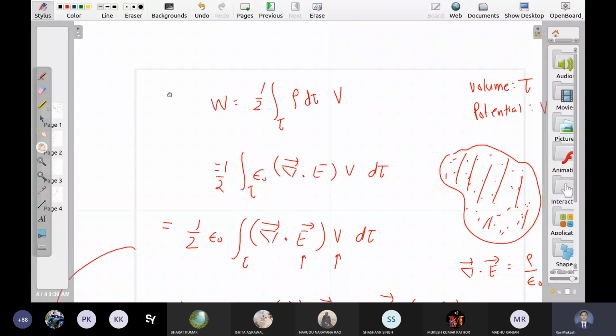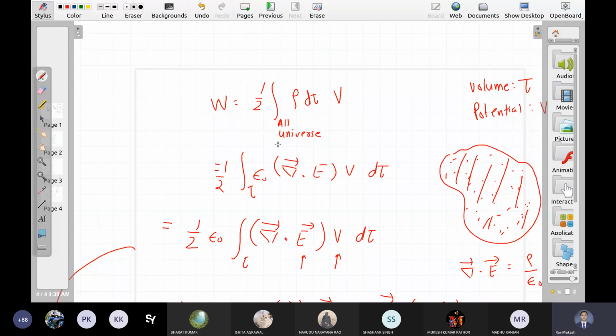Now let me go back here. Can I integrate this thing over the whole universe? Is there any problem? What is the tau? Tau is the volume integral over this shape, जो भी है, जितना भी volume इसमें है. Now I am saying that can I integrate it over the whole universe? कोई problem होगा क्या? No, sir. Why? I mean, sir, no problem, sir. But why? Why not, sir? We can go from volume V is equal to 0 to infinity.